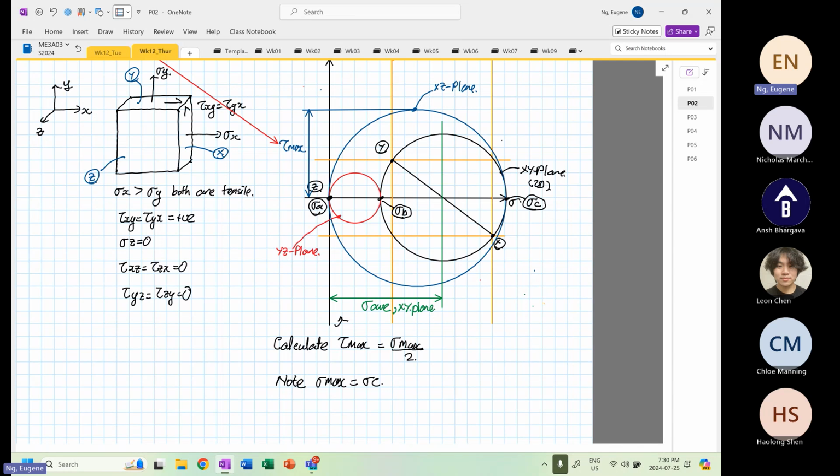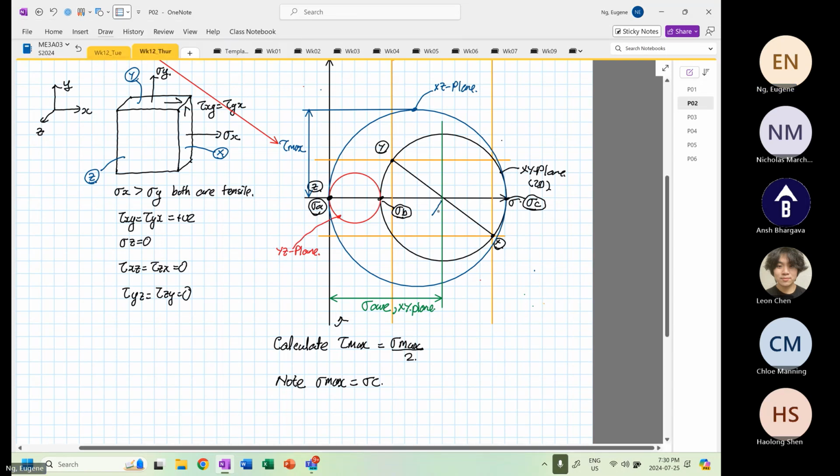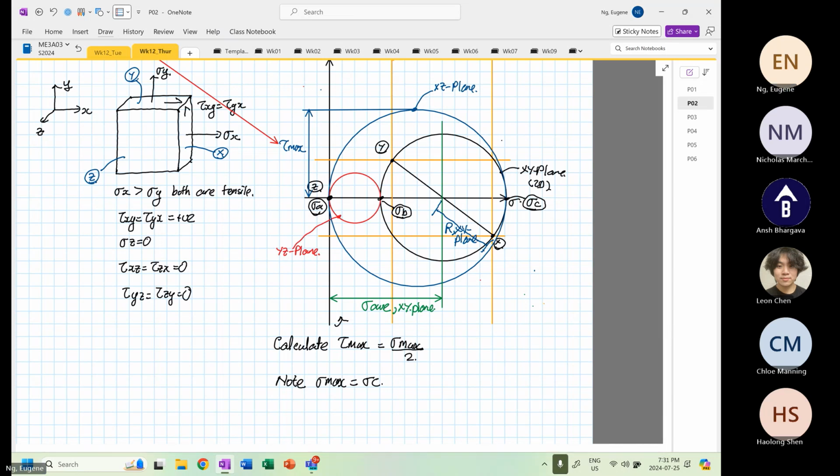Okay, and then later on from here, we also have to find this radius. So we have to find the radius for the XY plane, or the maximum shear stress in the XY plane. Okay, so now we have to determine what is